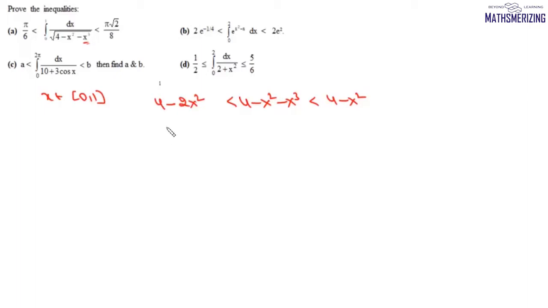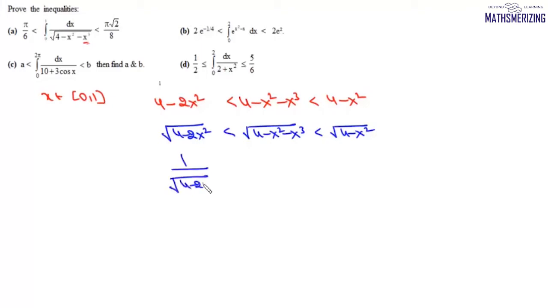Now we'll take under root sign. So we'll write under root of 4 minus 2x square will be less than under root of 4 minus x square minus x cube, and it will be less than under root of 4 minus x square. Now we'll take reciprocal. If we take reciprocal, we write 1 upon under root of 4 minus 2x square will be greater than 1 upon under root of 4 minus x square minus x cube, and it will be greater than 1 upon under root of